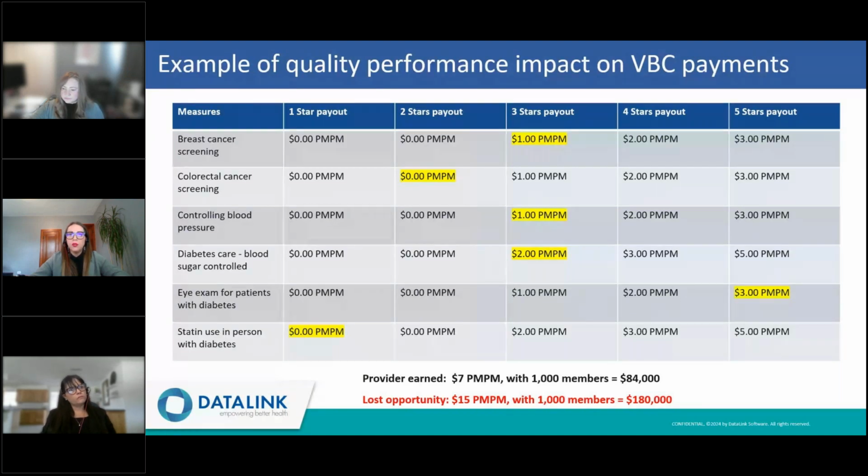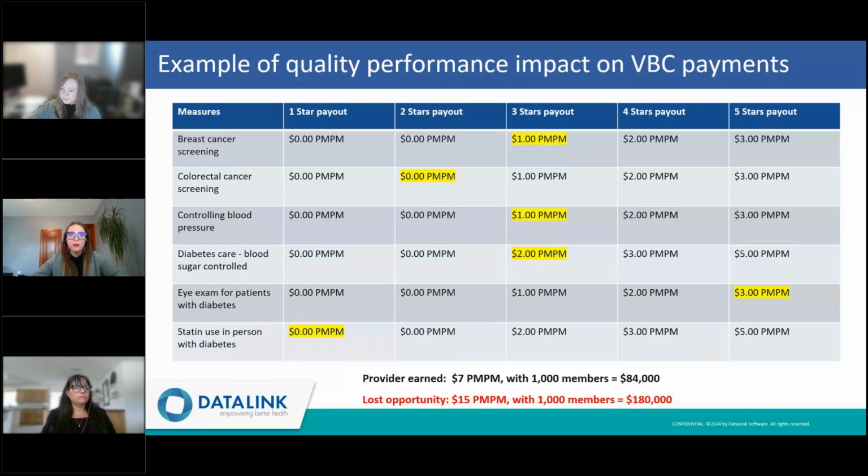You can see here an example of a possible quality measure payout that a health plan partner might offer to a provider group. If you look on the left in that second and third column, in 1-star and 2-star, there's no payout because that's considered low performance. But as you move to the right and the star score goes up, the payout also goes up. In this example, I just highlighted a hypothetical provider performance where the provider is earning $7 PMPM. But all the way to the right, you can see those 5-star scores. The total payout is $22 per member per month. So this provider is actually leaving $15 per member per month on the table.